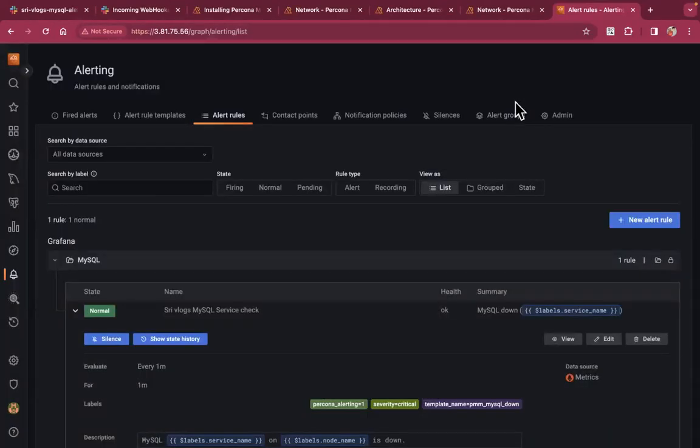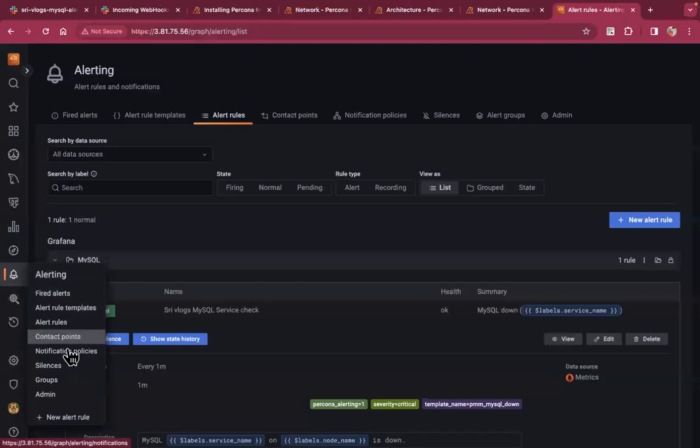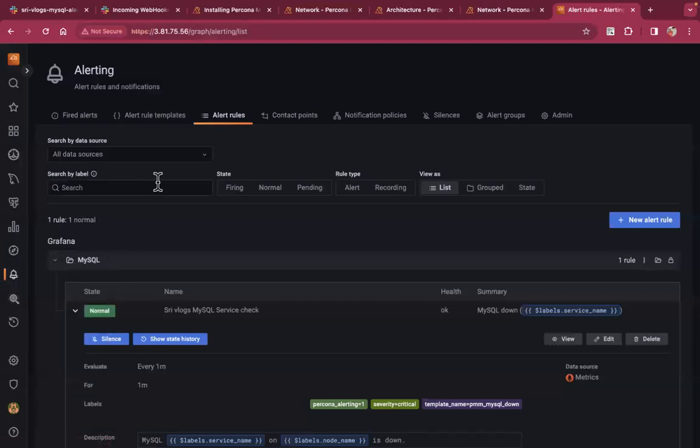So in this way you can configure the alerts, and you can also create custom templates for the alerts. That also we will see in one demo going forward. Okay, fine. So this is the basic thing. You can use the alert dashboard, configure the alerts, configure the contact points, and you will receive the alerts. Okay, fine. The next one is